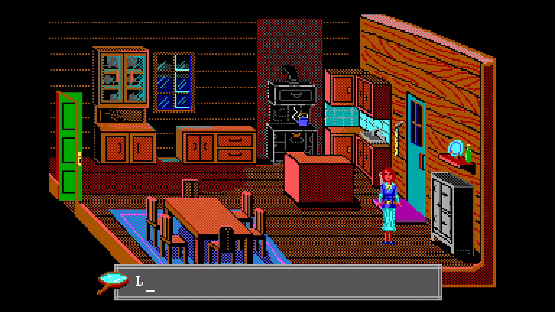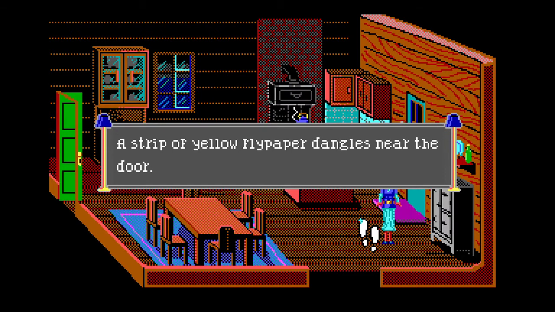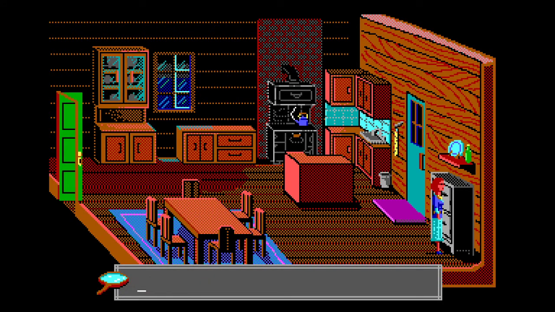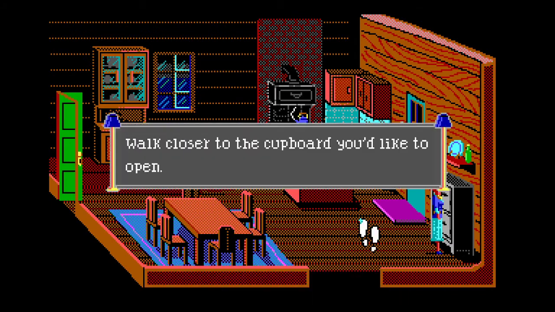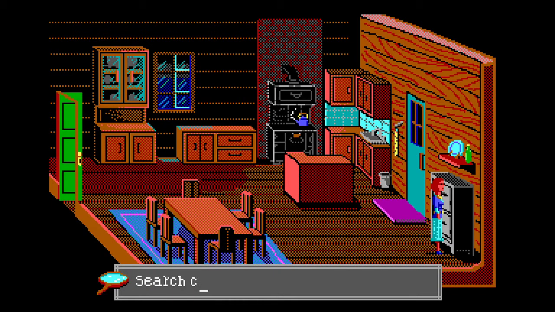No, okay. Look. Kitchen has a rough-hewn rustic charm. Cupboards along the walls, an icebox in the corner. Okay. Open or search. Search cabinet.